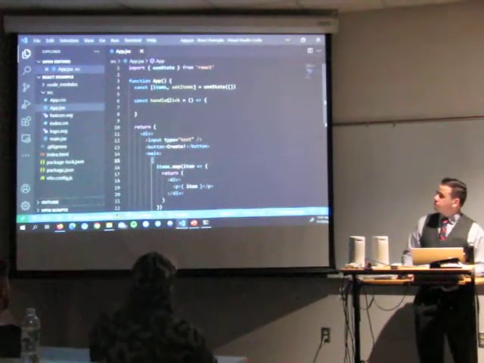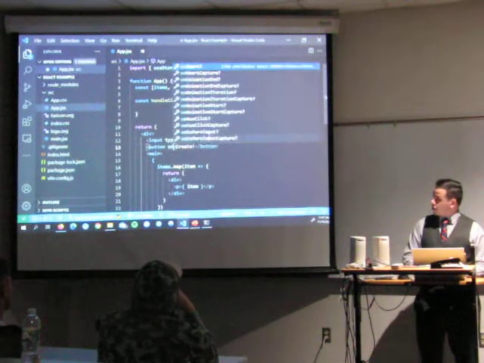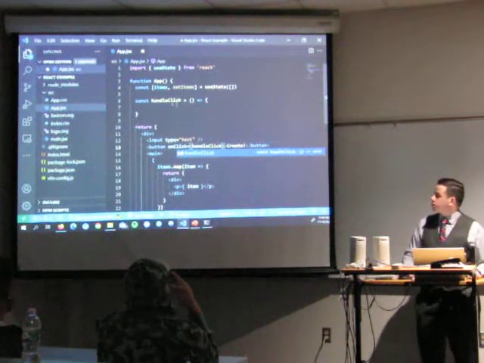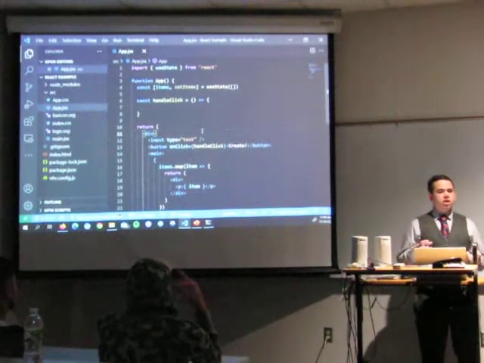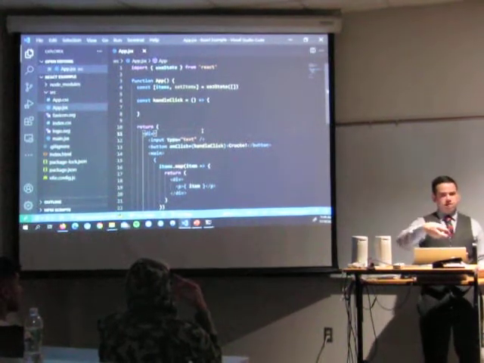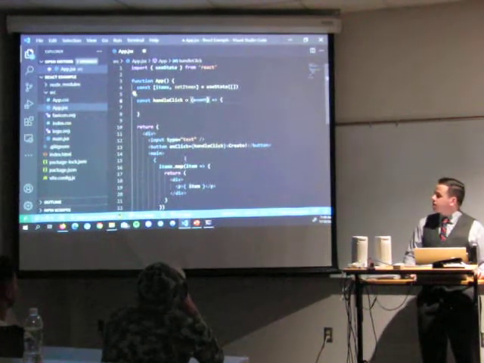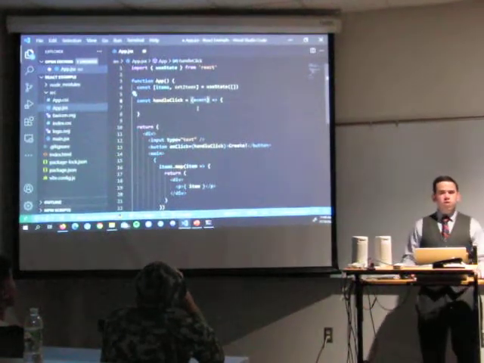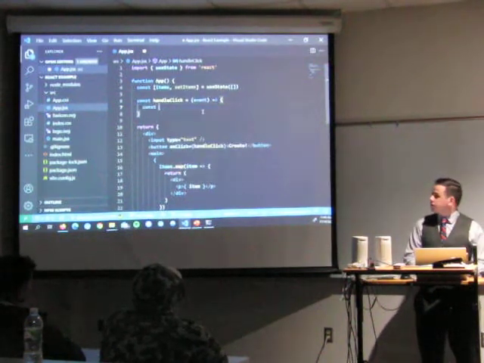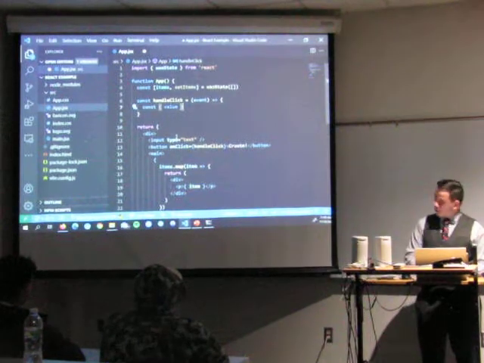Now the only thing we have to do is handle clicking. So I'm going to use a little bit of a shortcut here. When on our button, we can just tell it what to happen on click. And here we can just give it our handle click function. Now, of course, because we're not doing manual DOM manipulation, we shouldn't have to manually detect or manually find our text input, extract its value, and insert it. Instead, what we can do is we can expect on handle click an event. Now, an event, when it fires, an event is like click. When it fires, it tells you what element that event happened on. We can extract that, and that's called the target. So we can go ahead and extract the value of that input given its,